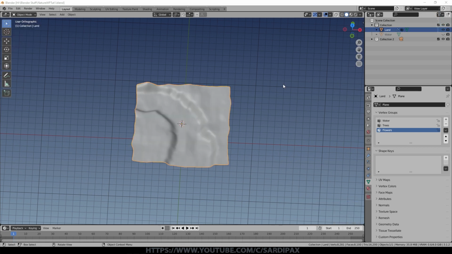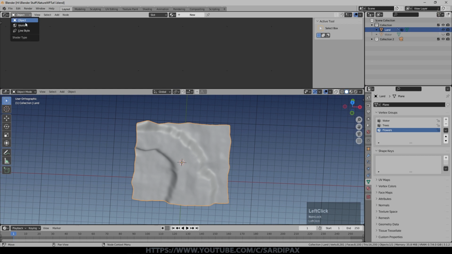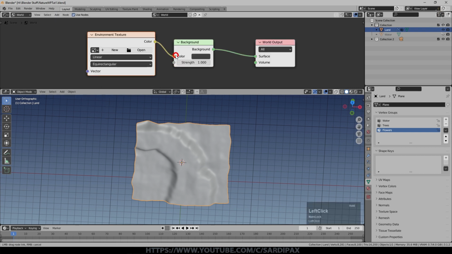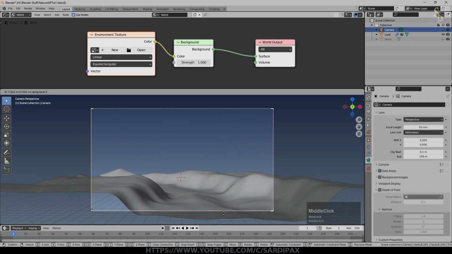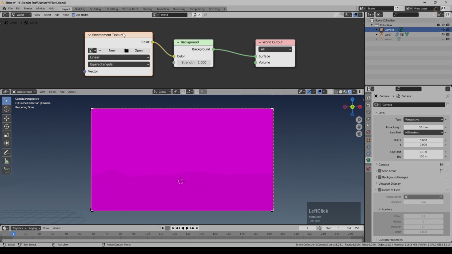So at this point, let's add some light to the scene so that we can then start to add materials and things like that. I'm going to call up a new window. We'll go to the shader editor and we'll change to world and say use nodes. I'm going to add texture, which is an environment texture. We'll connect that into here, just moving my camera out of that collection, and we'll turn it on so I can see where it is. And we'll just back it up a little bit and we'll look at the rendered view. So at the moment, there's nothing there. We've got a funny color because I've added this environment texture without actually adding a texture.